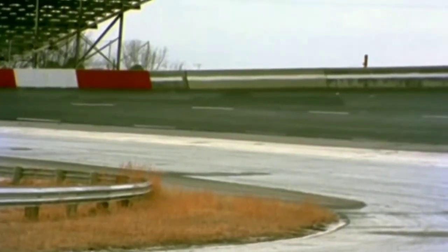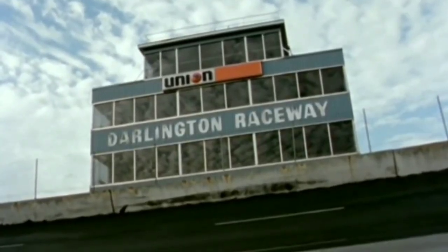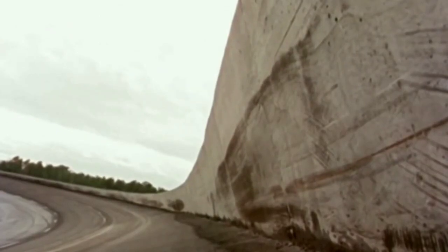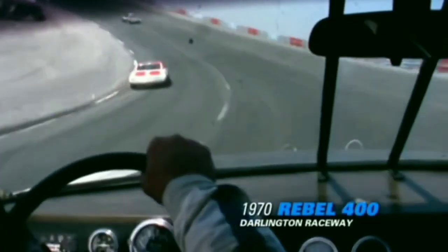Had a bunch of bad wrecks down at Darlington. Got to going too hard in one corner, and I'd run into the wall and messed the front end up. I run, I don't know, 8 or 10 more laps and had got the car back up to speed. Golly, come off of 4 and